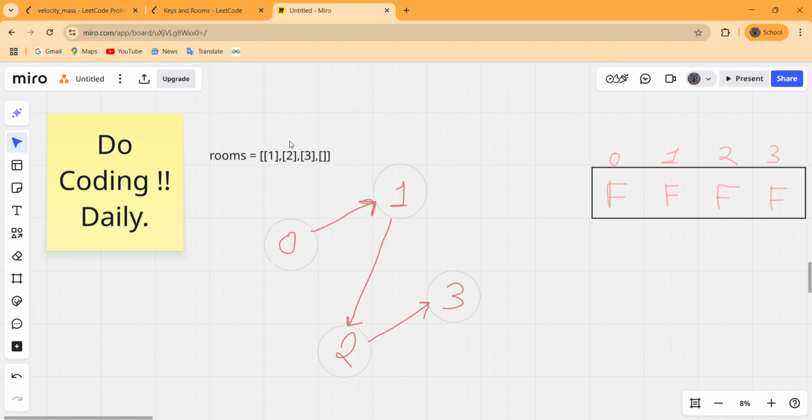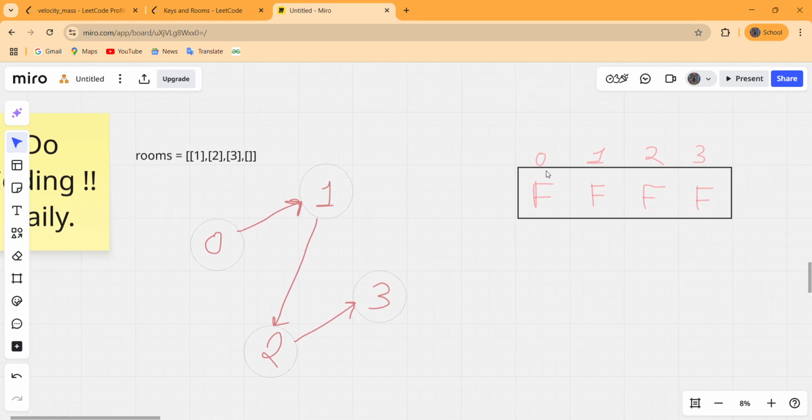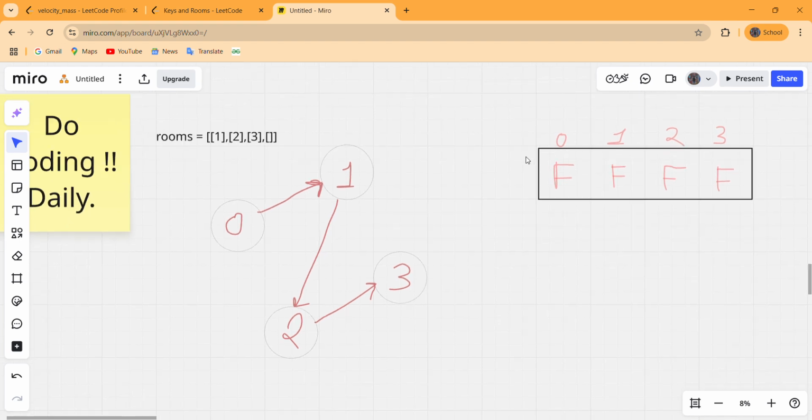Suppose we are on room number 1, there is a dependency for room number 1 on its previous room, that is room 0, because from 0 we can only move to 1, and from room number 1 we can only move to room number 2, and from room number 2 we can only move to room number 3, and from 3 we cannot move anywhere. So first we have to take care of a visited array.